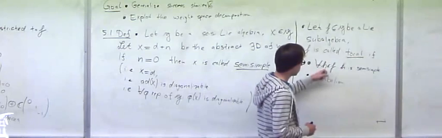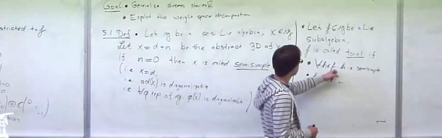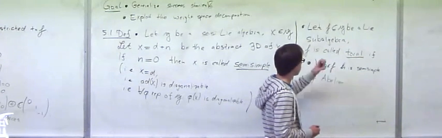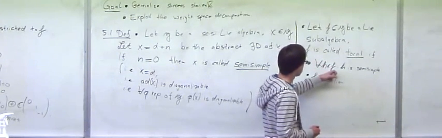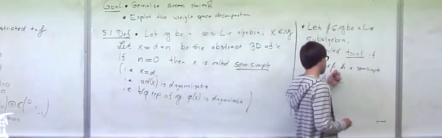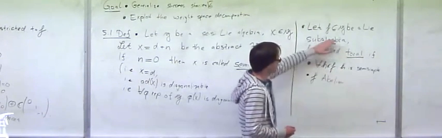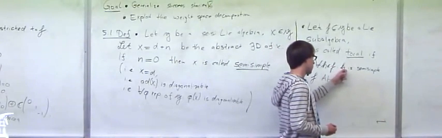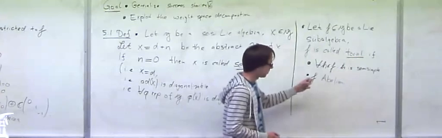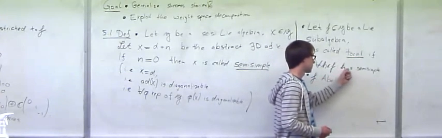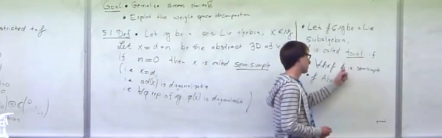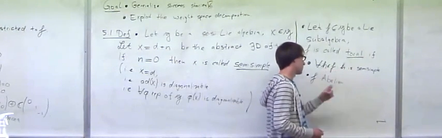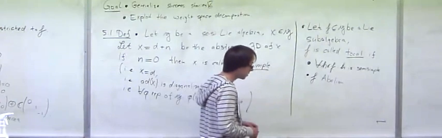So for each fixed element H of our Lie subalgebra H, we find a basis of our representation of G. If we study a representation of this Lie algebra G, we find a basis on which this H acts diagonally. But it's not clear at this moment whether we find a basis which is an eigenbasis simultaneously for all elements of this Lie subalgebra,